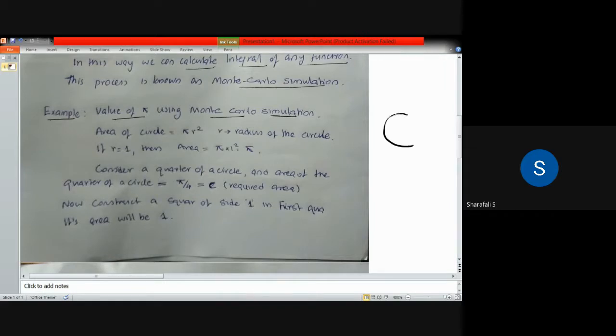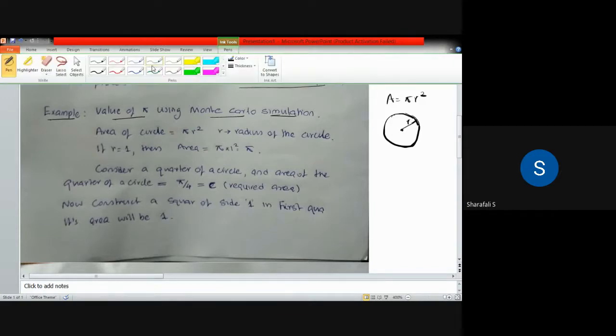You consider a circle like this, this is almost like a circle, and this circle has radius r, small r. So the area of the circle will be equal to pi r square, right? Now, if you consider only the first quadrant or a quarter of this